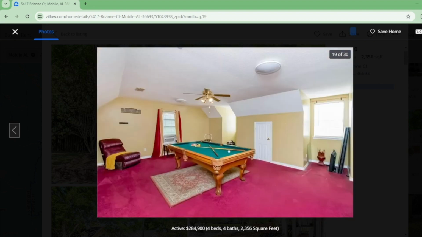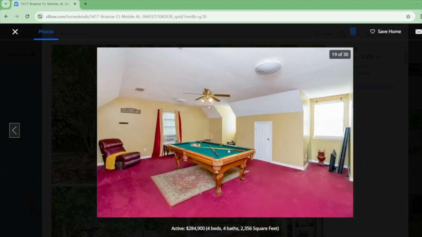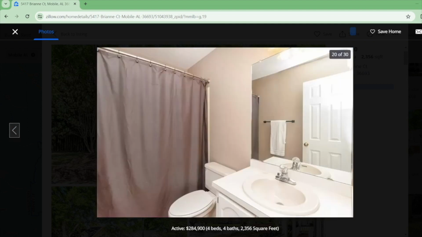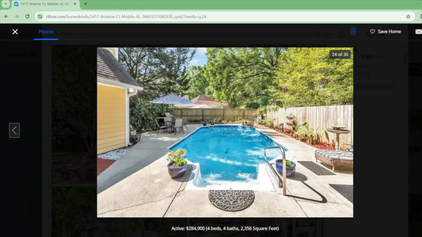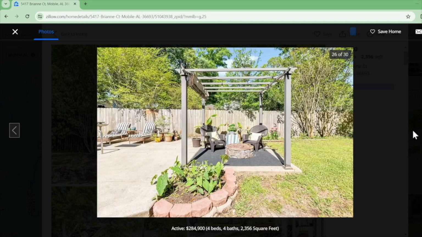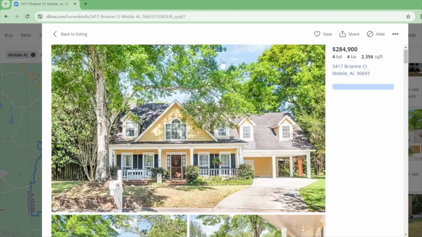So, yeah. All right, I'm not going to go. Whoa, did you see that? Did you see the pool table? Look at this. Maybe if I bought the house, they'd keep the pool table there. They'd leave it for me. Okay, so I just want to keep looking. It has an in-ground pool. This is really nice. Okay. All right. I'm not going to take up too much of your time. Let's click out of these. I like it. I really, really like this house